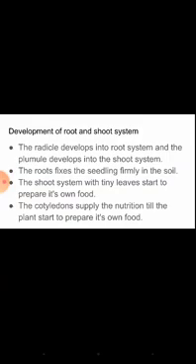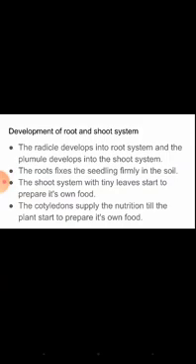Development of shoot and root system. We have seen how the root develops coming out of the baby plant and how the shoot part, the plumule, grows into tiny leaves. Now let us see the development of that. The radicle develops into the root system and the plumule develops into the shoot system. Once the radicle comes out, initially we get a tiny white outgrowth, that is the radicle. It starts to fix and bear a lot of branches. Then only it can fix the plant firmly in the soil. The root fixes the seedling firmly in the soil.